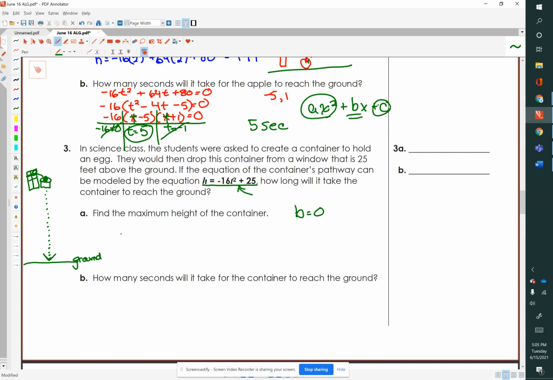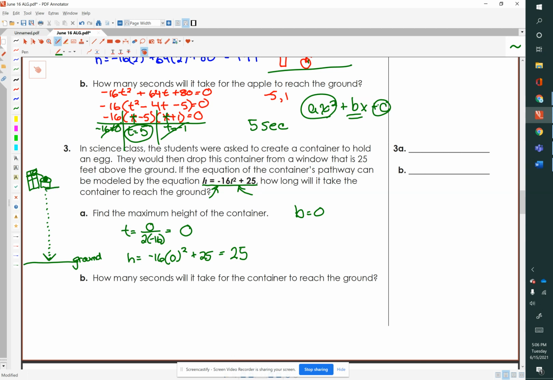So when we try to find the vertex, we have to use 0 as the b value. So t equals negative 0, where 0 is neither positive nor negative, divided by 2a, that equals 0. So now we take 0 and we substitute it into this equation. H equals negative 16. Instead of t, we have 0 squared plus 25, and it's real easy to evaluate. That equals 25. So the maximum height of the container